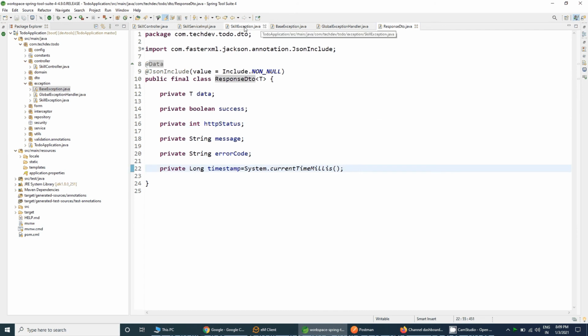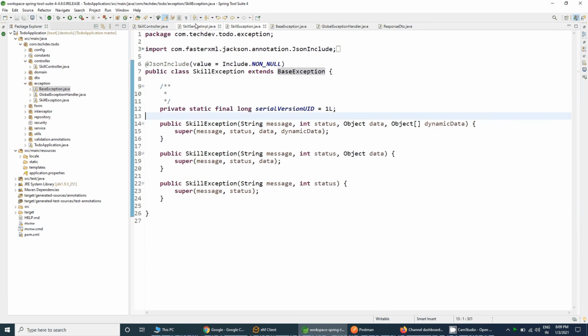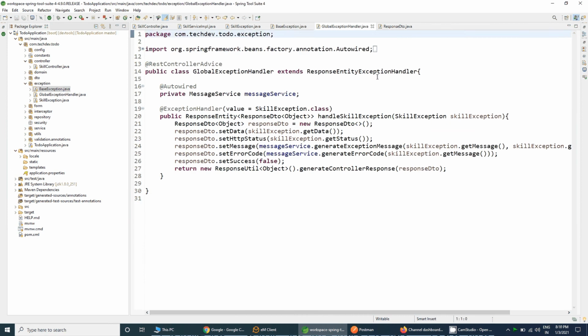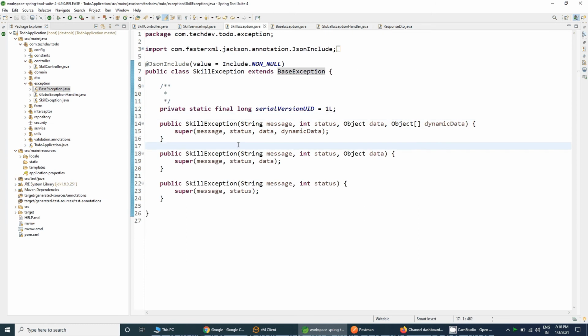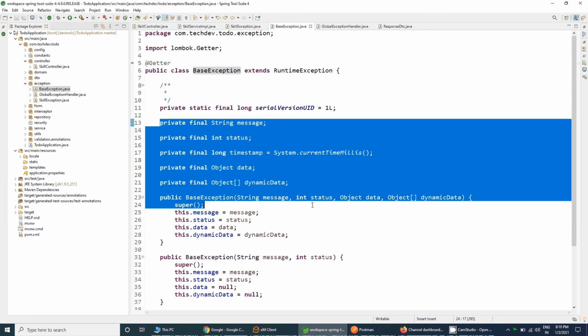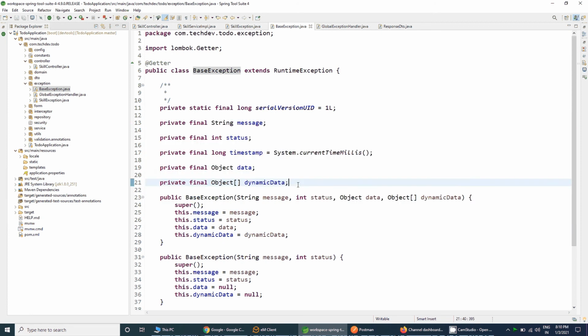So if you want to handle any exception from the service implementation class, you must not change your response standard. So instead of changing the standard for creating an exception, what I have done is I have taken the base exception class and taken all the fields of a ResponseDTO class, so that if the exception is thrown, it contains all the data related to the ResponseDTO. So the same things are there.